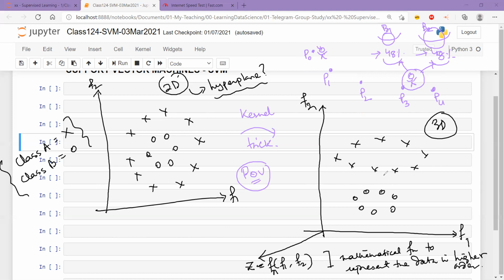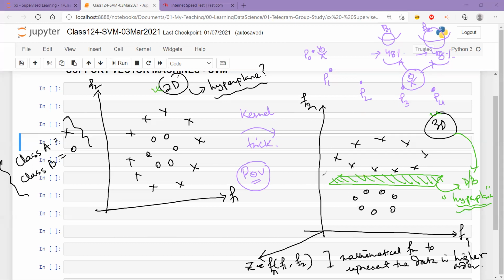And what I can do now is create a plane like this, and this is the reason why I called it a hyperplane. Let's say that this is my decision plane, or decision boundary, or hyperplane. I can call it my hyperplane because now it is a plane in 3 dimensions. So as a generic word, we say hyperplane, irrespective of whether it is in 2D or in 3D.